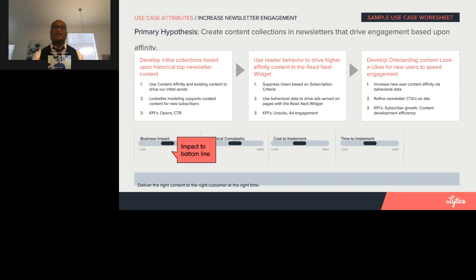Now, the next important thing to do is, as we think about this use case, we want to think heuristically at this phase about the business impact. So what type of impact is this use case going to have on our business? And then we want to think about technical complexity, like how difficult will it be for us to execute this use case? The cost to implement the use case? And of course, how long is it going to take us to execute this use case? So thinking about these at this phase of development helps us later prioritize which use cases we want to focus